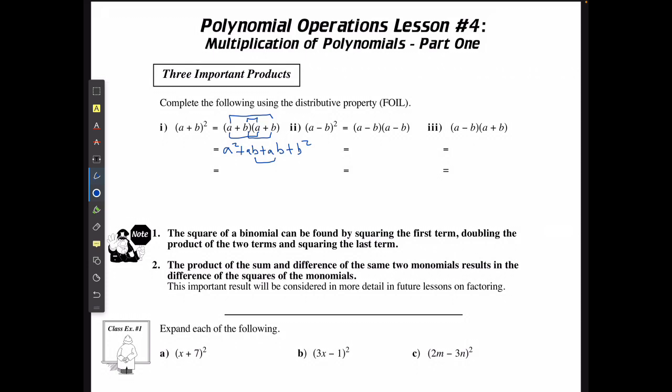Well, when I combine the like terms here, I get a squared plus 2 times a times b plus b squared. Where I can see the result is first term squared